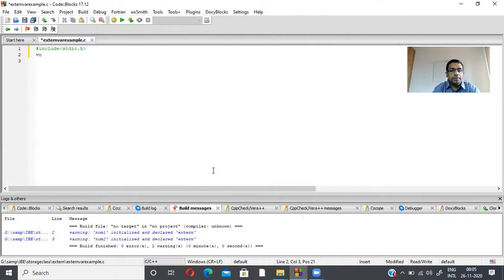Next, I'm declaring an integer variable g, and I'm initializing its value as 15. So it's known as a global variable. Whatever function you declare, including the main function, it can be accessed within any function when we declare it globally. So I'm writing a function, the function name void print.